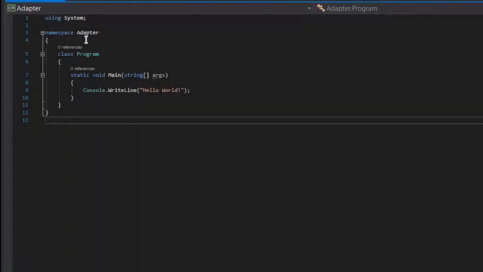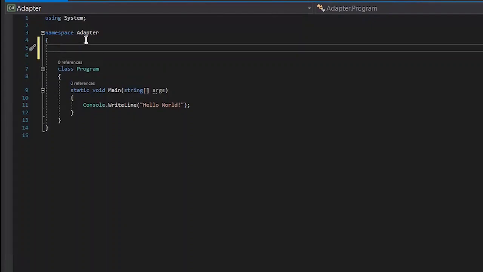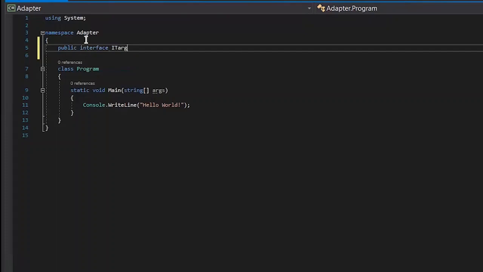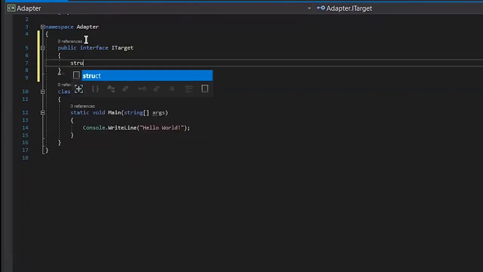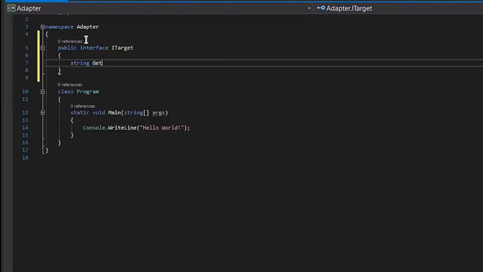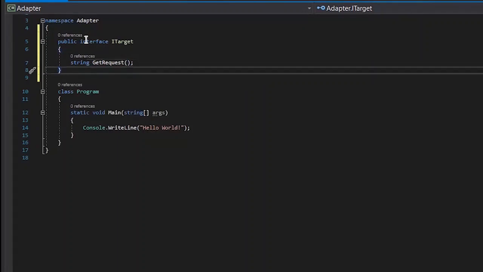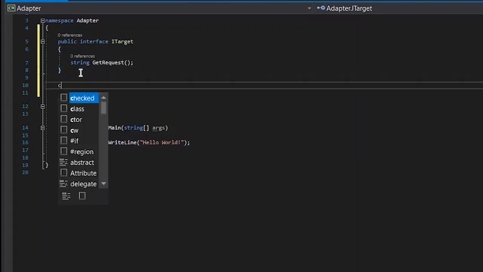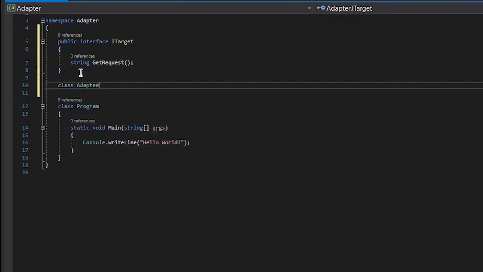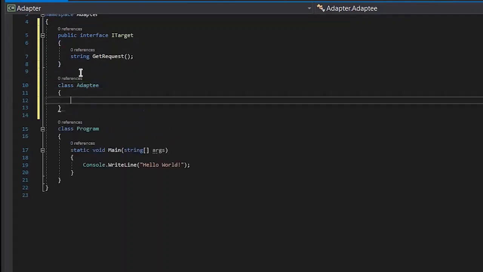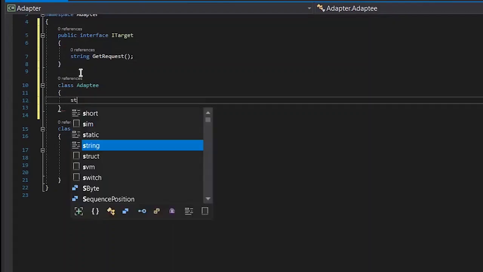Let's try to implement our class diagram. First of all, I will create our interface, public interface ITarget, which will be used by our client. It will perform certain functionality: GetRequest. And this class Program itself will be the client library. Let's create an Adaptee class, which needs to get converted into the target interface. So it will have a certain method, string